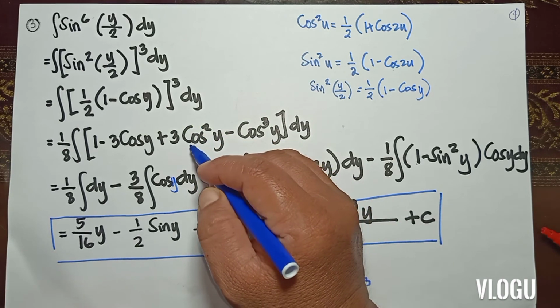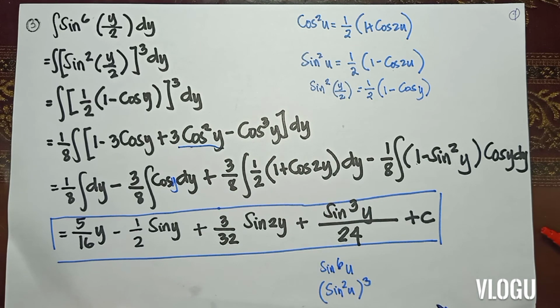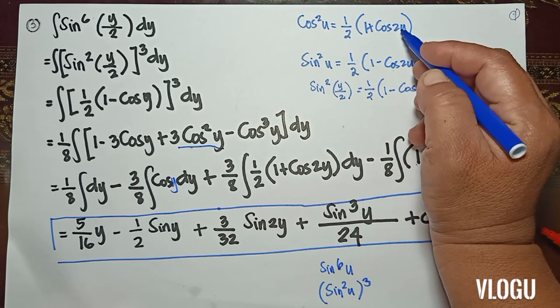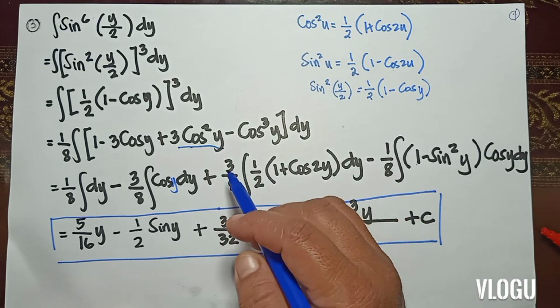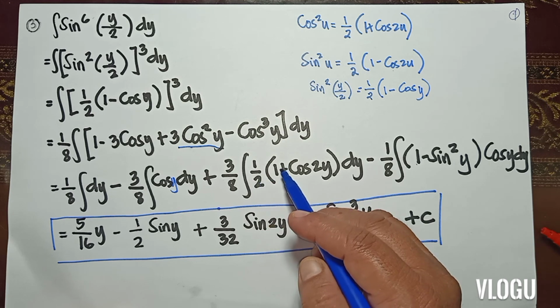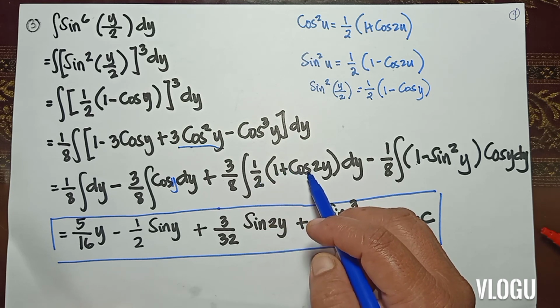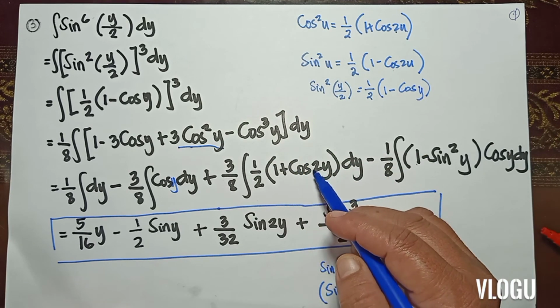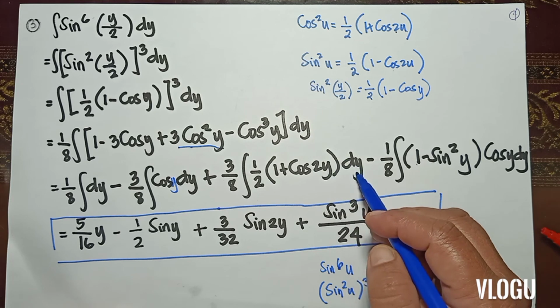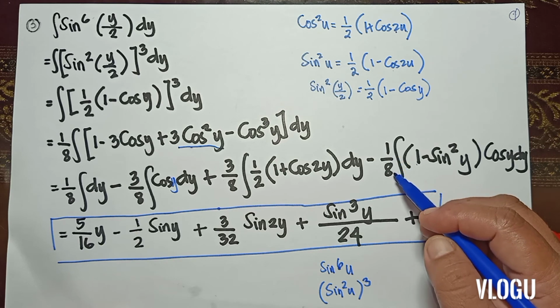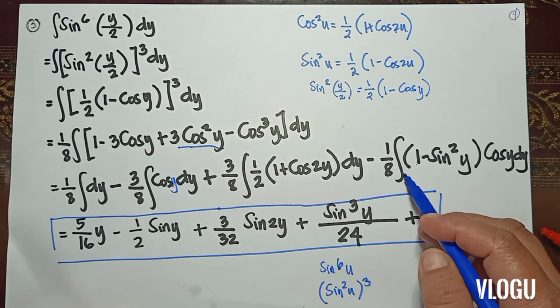if you are going to look at this one, this is cosine squared. The integral of cosine squared is equivalent to 1/2 (1 plus cosine 2u). So if you are going to look at here, your u is y. So you will have 1/2 (1 plus cosine 2y), you will have cosine 2y dy. So minus 1 over 8 times,